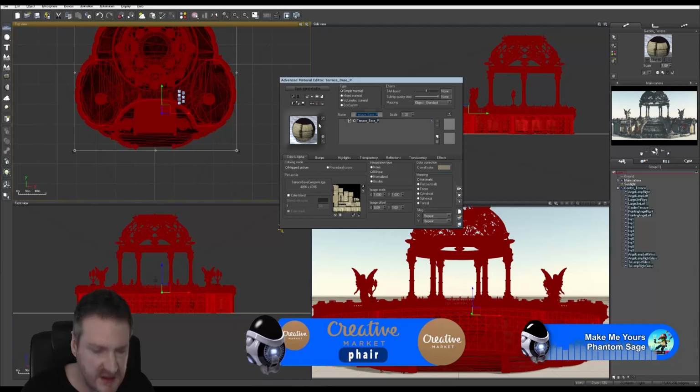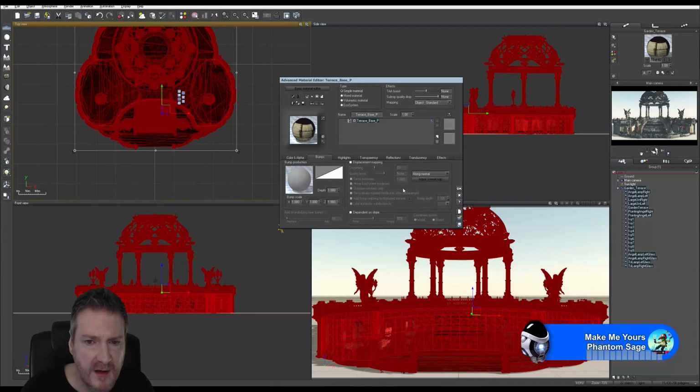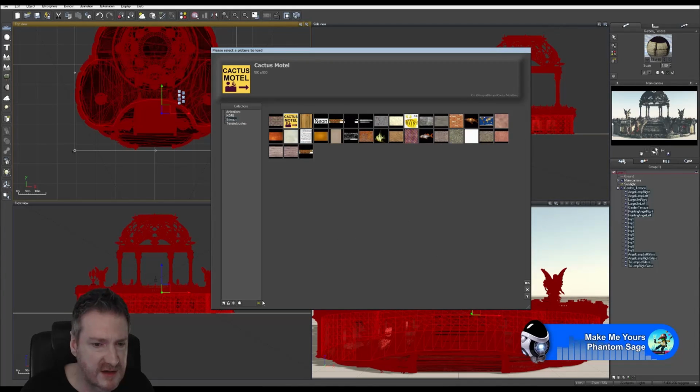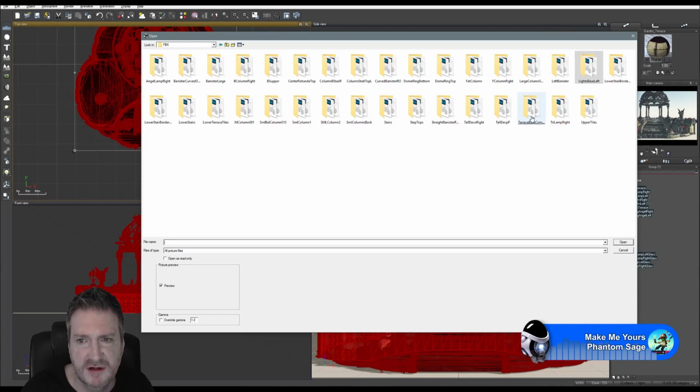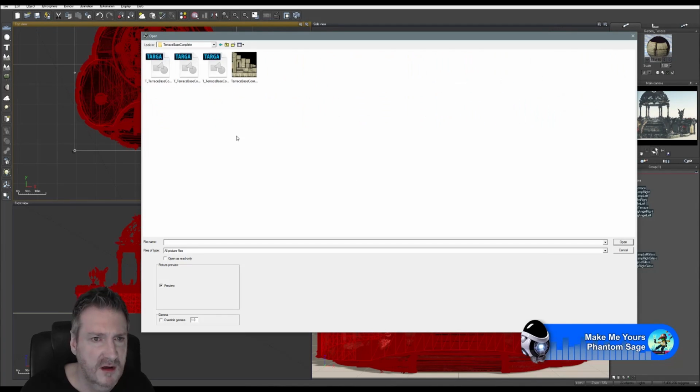It has watermarks painted on it. Let's pull in our normal map, and again, this is going to be a 4K texture. I wanted to keep that because that base is such a large part of the model. I needed to use a large texture, and again 4K is what the texture size is, so 4K is what